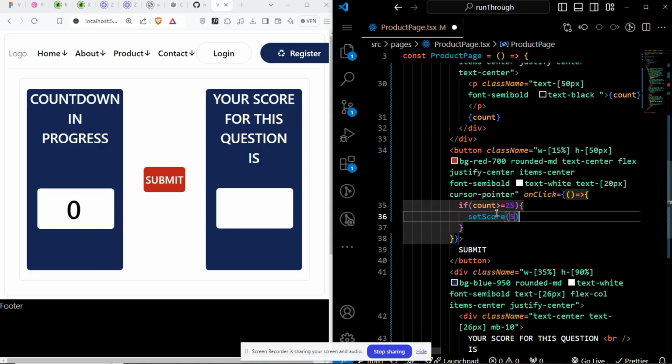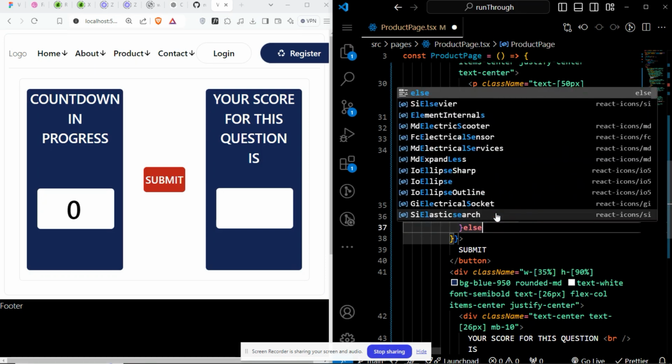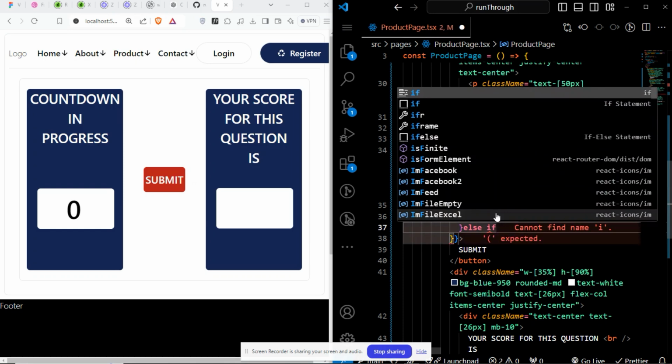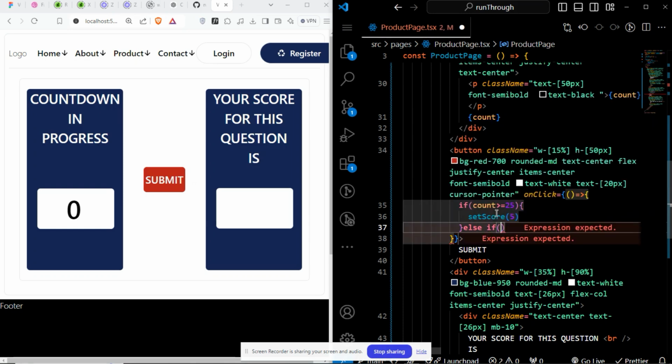Okay, and then else if, which should be here, that's another condition in here. So else if the count